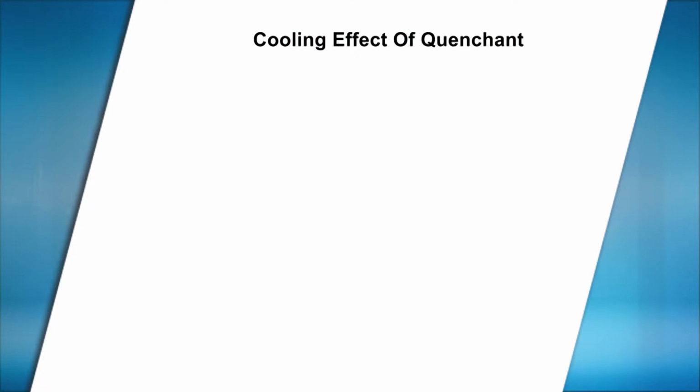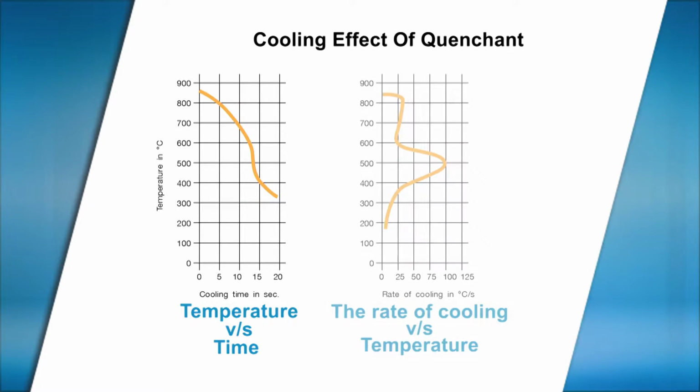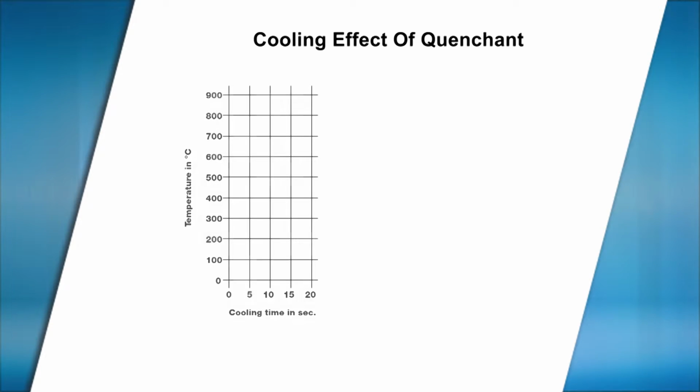Usually, the cooling effect of a quenchant is shown by charting temperature versus time, or the rate of cooling versus temperature. The following graph shows the relationship between these two methods. We now look at the relationship between temperature versus time. The red line on the cooling time graph shows higher speed, as compared to the yellow line showing lower cooling